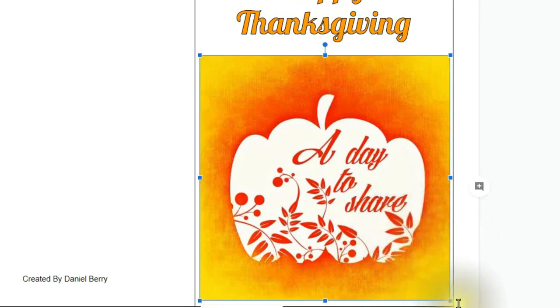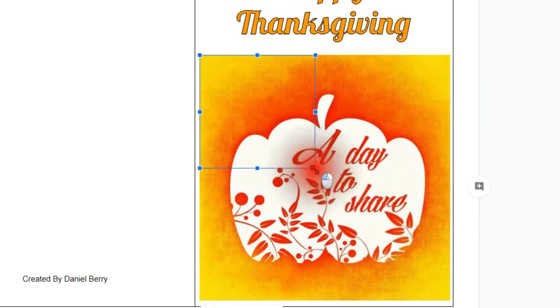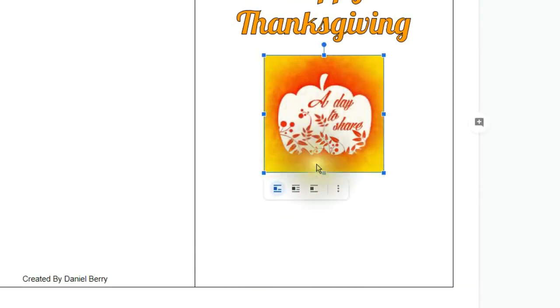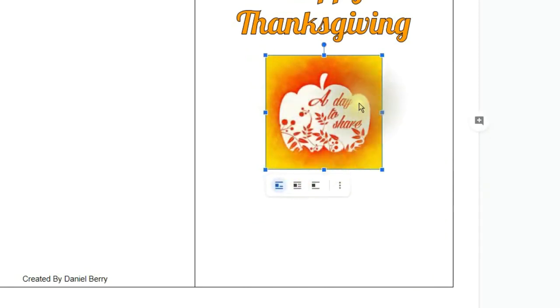63. Drag the lower right blue square towards the center of the image. Then release the mouse clicker when you have resized the image to half its original size, as seen here. The reality is that any corner square will do the same job as far as resizing your image.